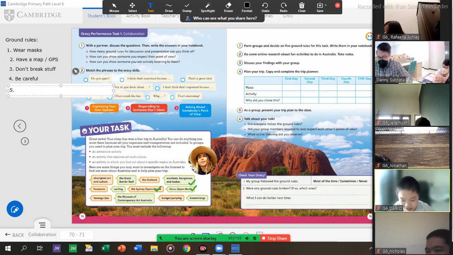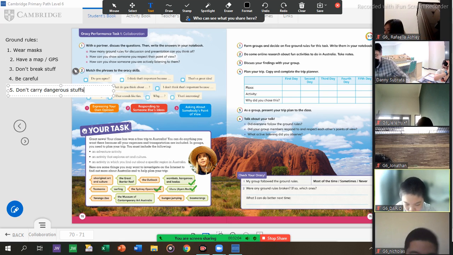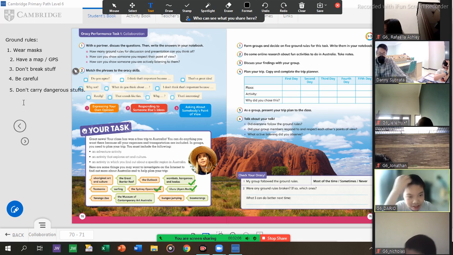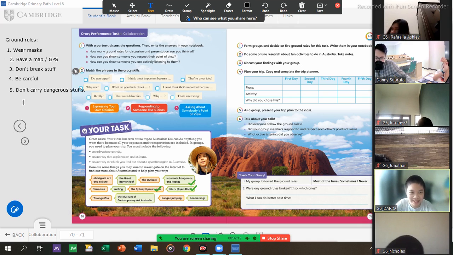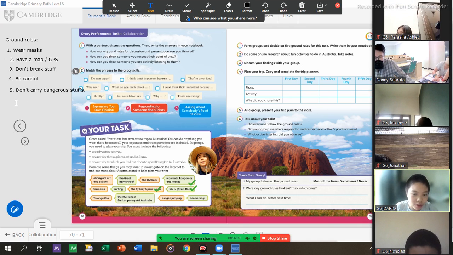Do not carry dangerous stuff. Okay? So those are the ground rules that you've already set. Eat a kangaroo? No. You don't want to eat kangaroos. Fight kangaroo.